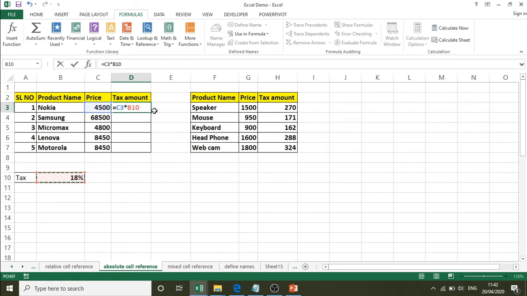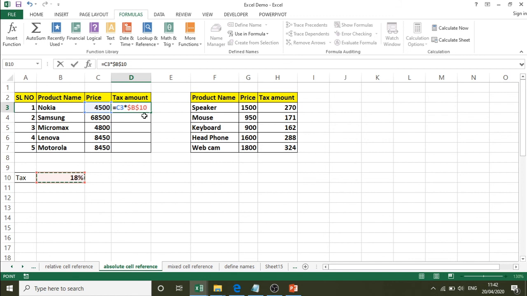I have to enter the dollar symbol for B as well as 10. I will not enter that manually. I will just press the shortcut key F4. Once you press F4, it will add the dollar symbol for B as well as 10, that is for column as well as row.